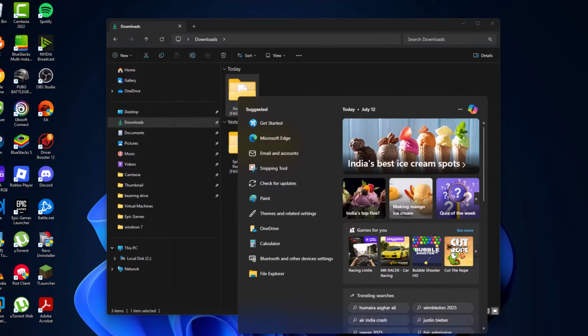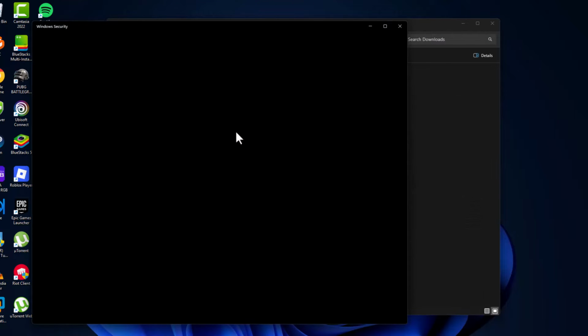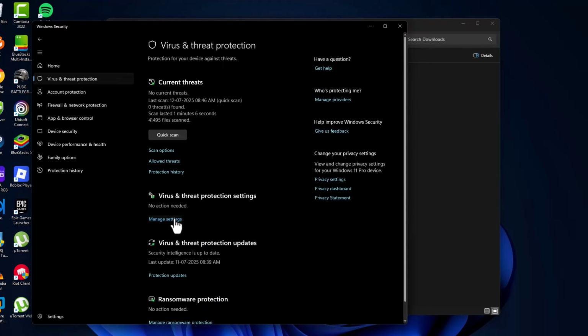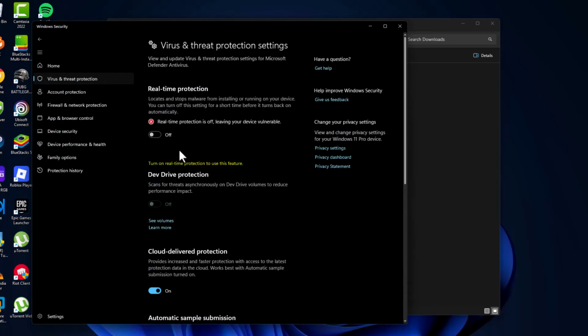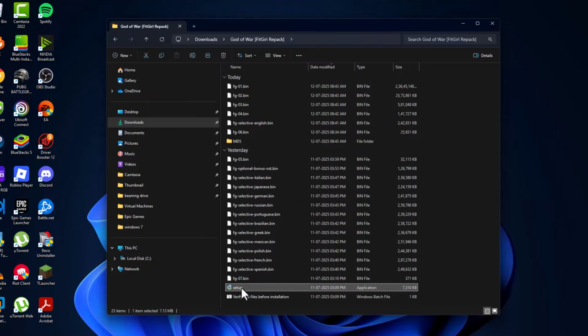Then go to the search menu and type Windows Security. Click on open it. Select virus and threat protection and select manage settings. Turn off the real-time protection and select yes. After turning it off, minimize this page, double click on the setup folder, double click on setup and select